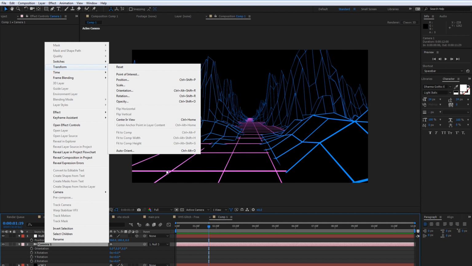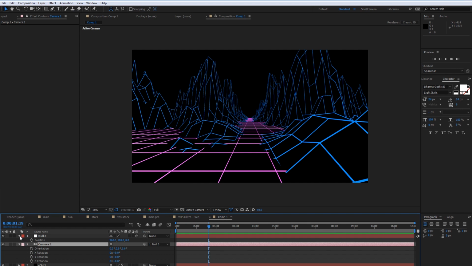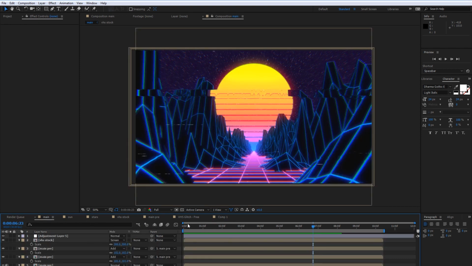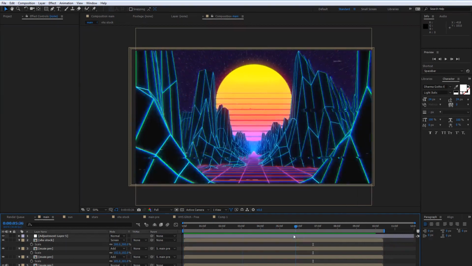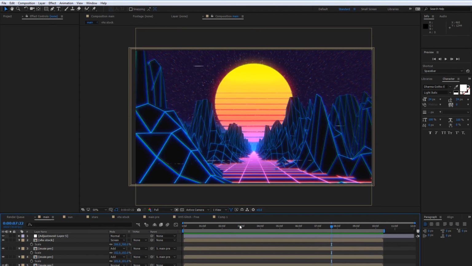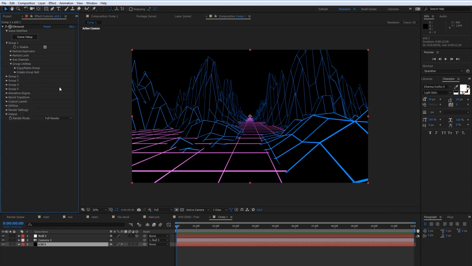So if I go to transform, auto orient, and let's just switch this off. Okay, so we have what you might call our starting point, and of course in the final version here, the camera is flying through these endless landscapes. So to do this, we need to go to our Element 3D layer, and in group number 1, we want to use the particle replicator. And this is how we clone this into Z space so we can fly through it